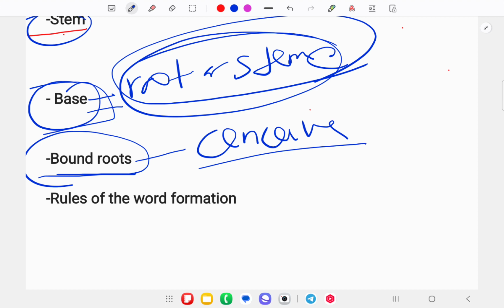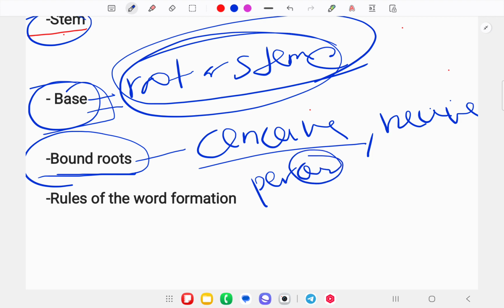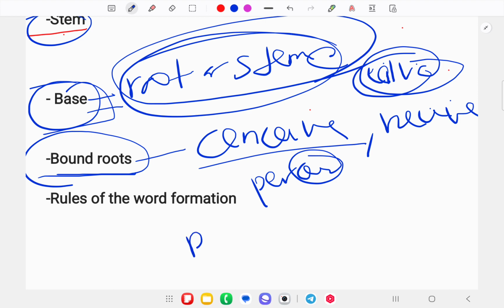conceive, receive, perceive. So here we can find that we have a suffix, which is known to be the CEIVE. Okay. Another example we can take if we have permit,